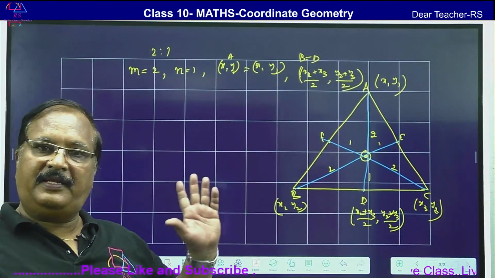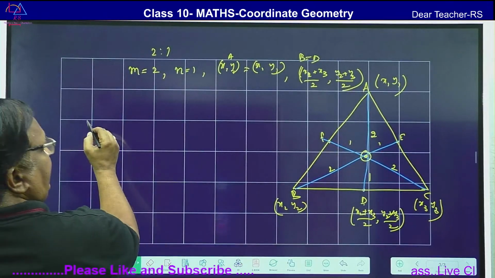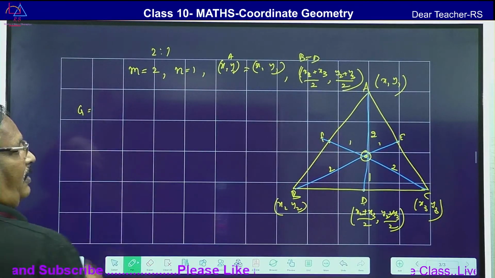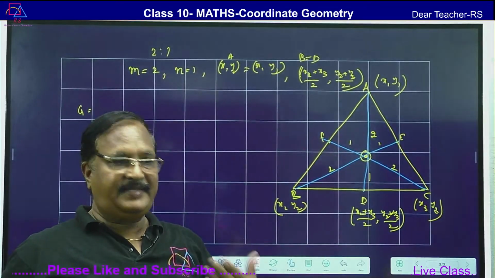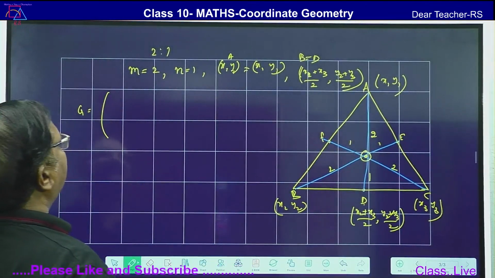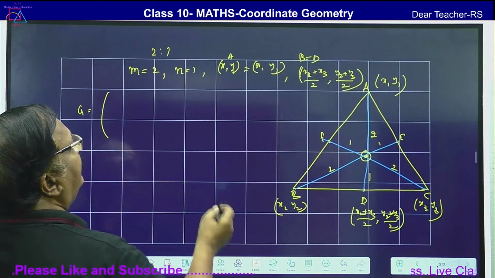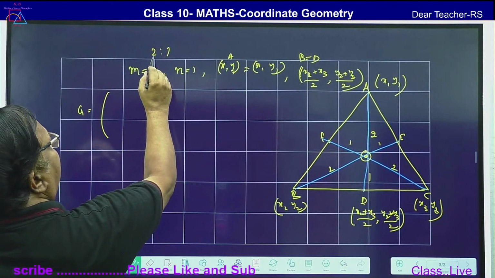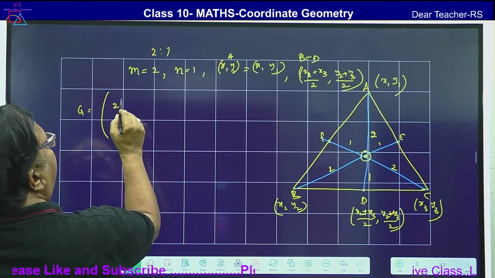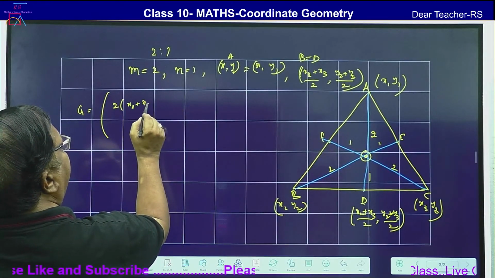Now you have to apply the same section formula. Our target is to find the centroid G. G is equal to m x2, that means 2 into x2 plus x3 by 2,